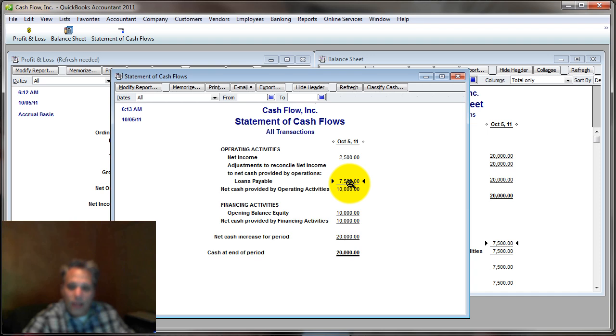You just have to understand at each section of the statement of cash flows, if we're dealing with an asset accounts change, or if we're dealing with a liability or an equity accounts change, then we have to understand which way to go. Do I subtract the current month from the prior month, or do I subtract the prior month from the current month in order to arrive at the right change so that I can get my reconciliation to balance when I'm trying to get from net income to the cash balance at the end of the period, cash in the bank at the end of the period.